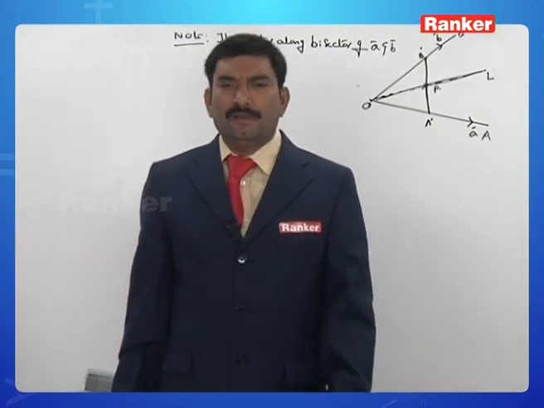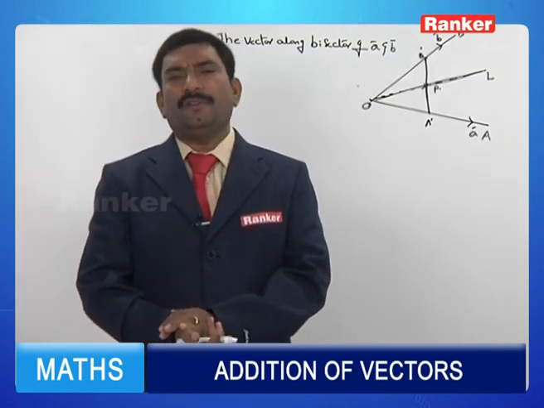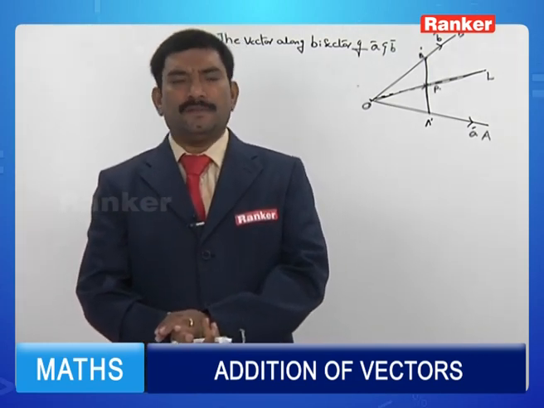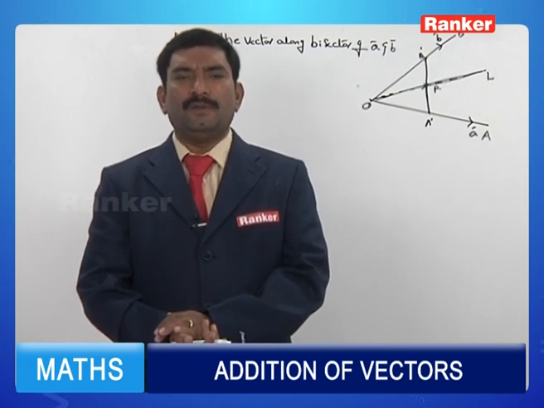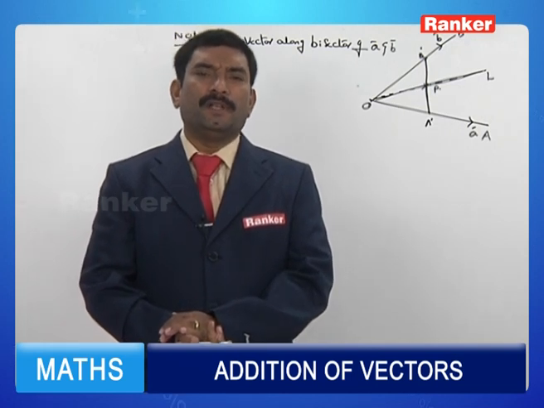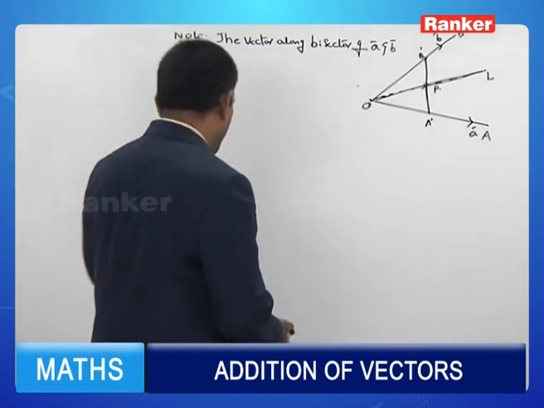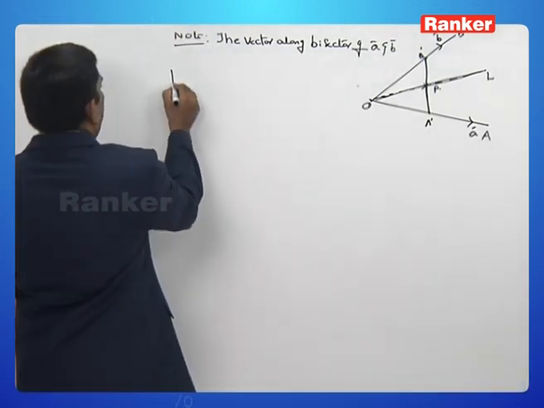The vector along the bisector of A bar and B bar. When you know the vector, we can also find out the unit vector along the bisector of A bar and B bar. The vector along what? The bisector of A bar and B bar. The proof of this one is,